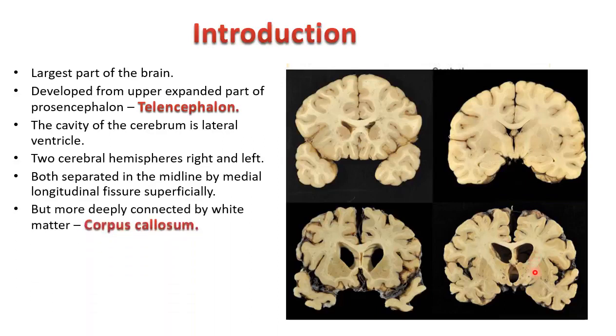So as I told you, they are both connected by the corpus callosum. If the corpus callosum is cut, or if it fails to develop, then there will not be any connection between the two cerebral hemispheres. So it is called a split brain. Naturally, whatever the right brain has learnt, it cannot pass on to the left, or vice versa. So you perform a task with one hand, and naturally you won't be able to perform the same task